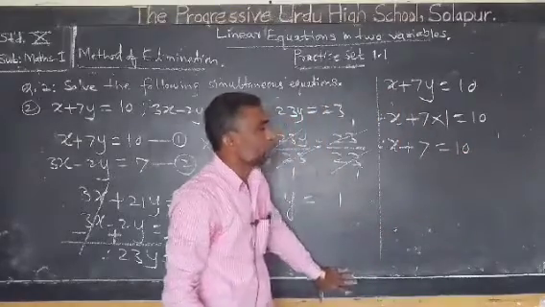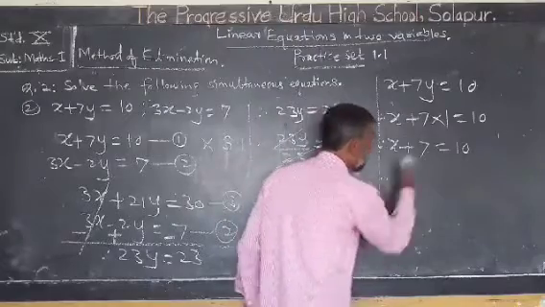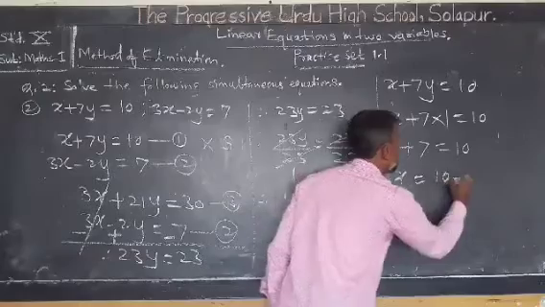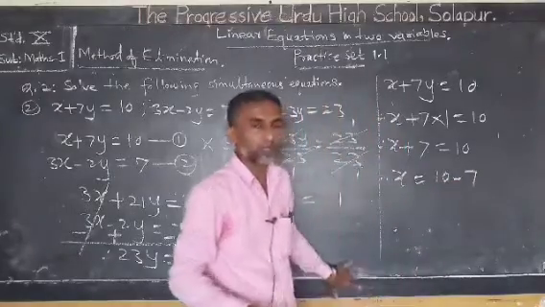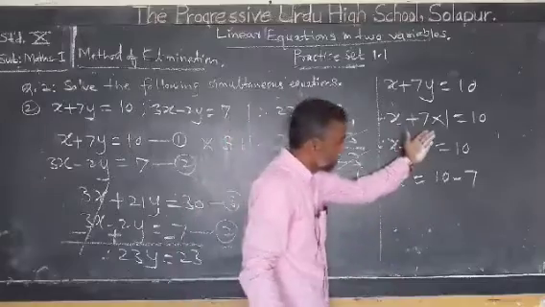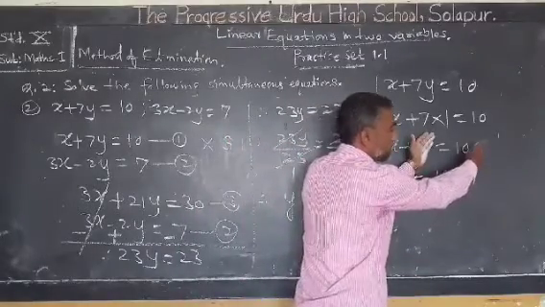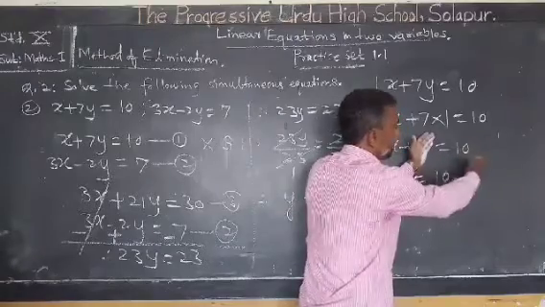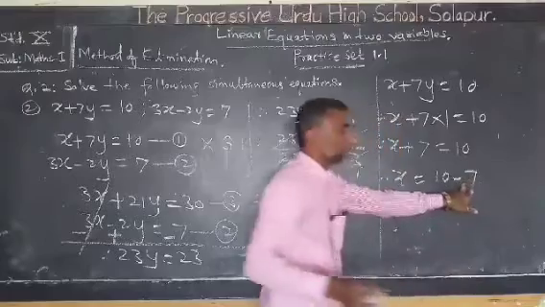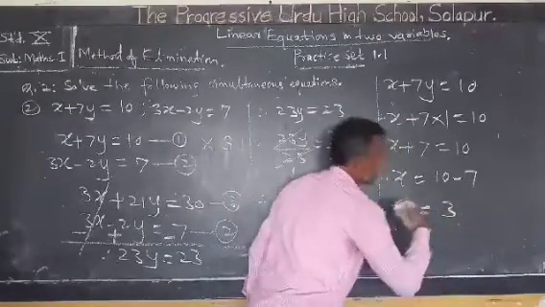Now, subtract 7 from both sides, or in other words, take this 7 to the right hand side. Therefore, it will become minus. Actually, what we have done is subtracting 7 from both sides; this will become 0. We should subtract 7 from the right hand side also. Therefore, 10 minus 7. Or in other words, take this to the right hand side, it will become minus 7. Therefore, x is equal to 3.